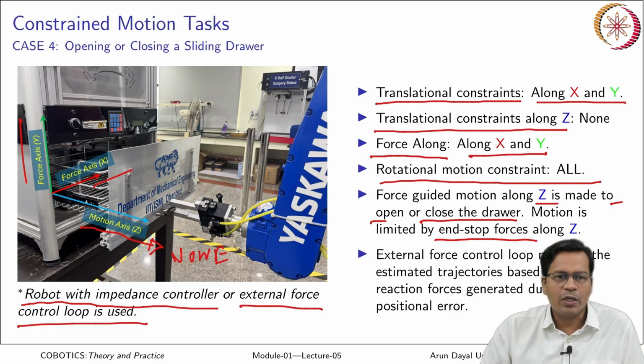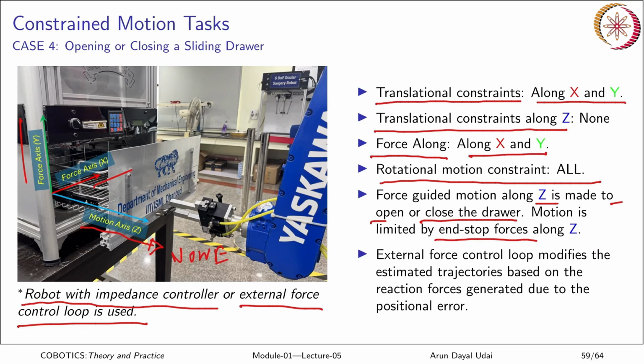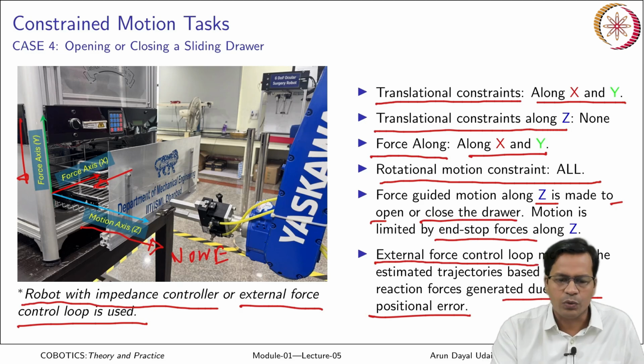Okay. So, what is the modifier here is external force, that is because you do not know the straight line path with which you have to pull it out. Okay. So, you do not know that path, you can simply pull it out in any of the estimated directions. So, these x and y forces which are generated out of the reaction forces will correct the trajectory. Okay. Because of the compliance, that trajectory gets corrected based on the reaction forces that are generated due to the positional error or the trajectory error. Okay, and finally it is opened or closed.